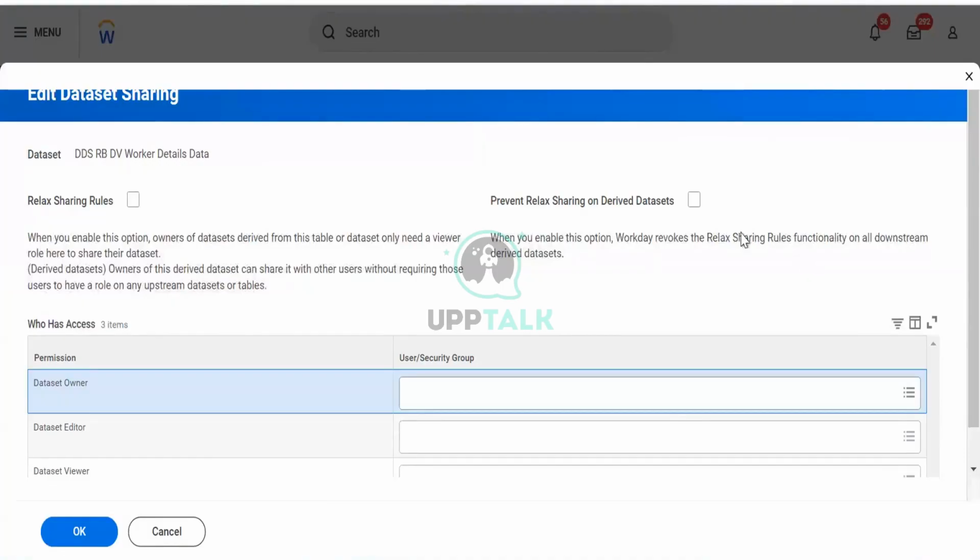Though I created a data set, I don't want it shared with anyone. I will select this option, prevent relaxed sharing. When you enable this option, it revokes the relaxed sharing rules on downstream derived data sets. Assume you are a data administrator and I am a Prism consultant. I created a data set and now I want to share it with someone else, but you don't trust that,